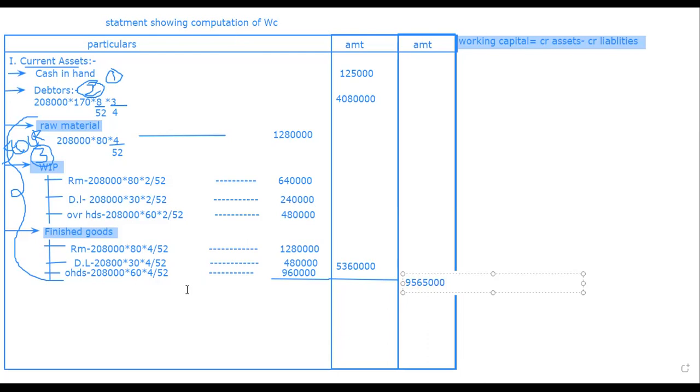Now my total of current assets I got it. So now I'm going to go with writing as total of current assets. So once I got this total, now I'll go for the current liabilities. I said current liabilities, we are going to have only a few. So what are those current liabilities? The first is